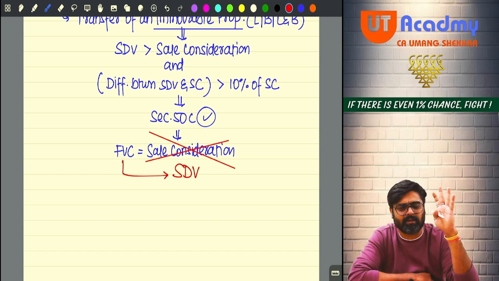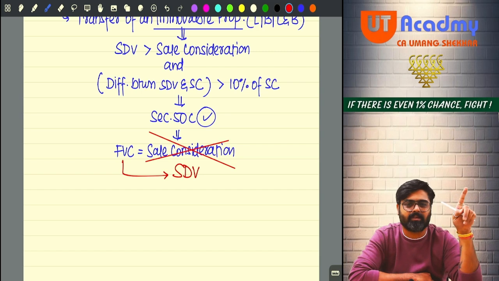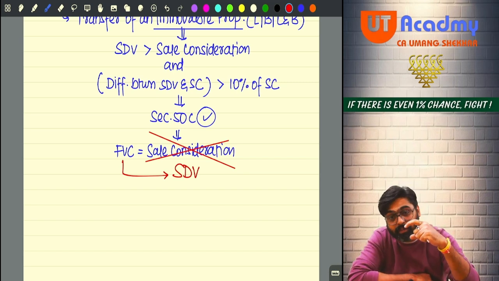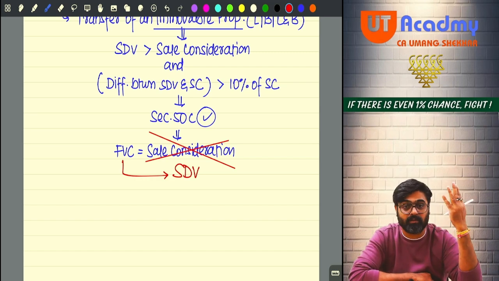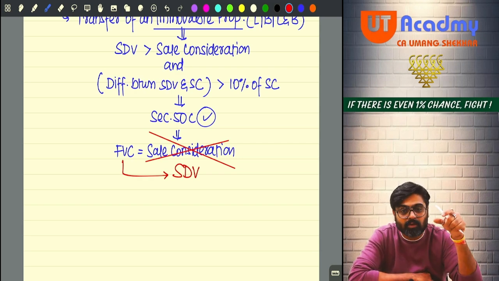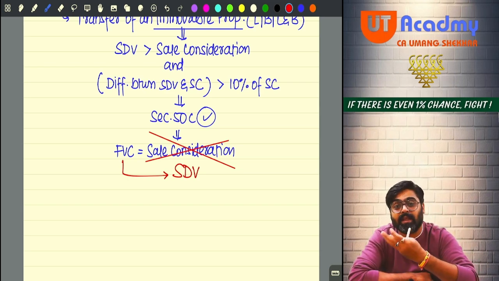In the majority of transactions throughout India, this is a practice which is followed everywhere. The seller is not going to take the entire sale consideration in white, by bank transfer, because if he takes the entire sale consideration through bank transfers, he will have to pay tax on the entire amount, and that is not a small amount, that is a very big amount. So mostly the sellers don't take the entire sale consideration through bank transfer. They try to take the maximum portion of the sale consideration in cash.